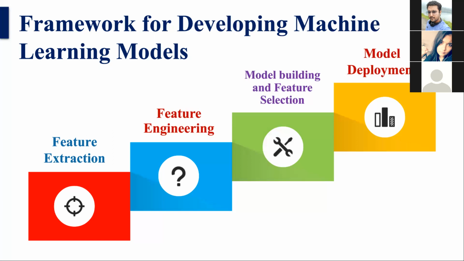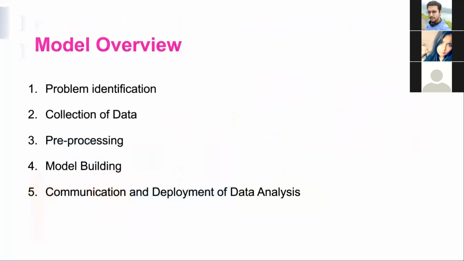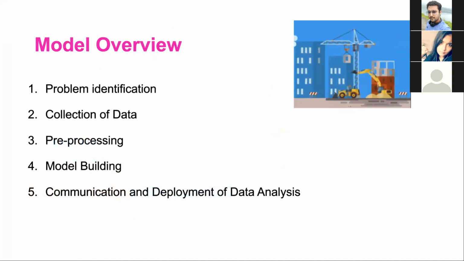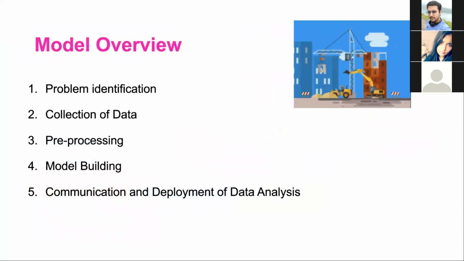Third one is model building and feature selection. During model building, the objective is to identify the model that is more suitable for the given problem context. The selected model may not always be the most accurate model, as an accurate model may take more time to compute and even require extensive infrastructure. The final model for deployment will be based on multiple criteria such as accuracy, speed, cost of deployment, etc. So, as a part of model building, we will also understand feature selection, which identifies the important features that have